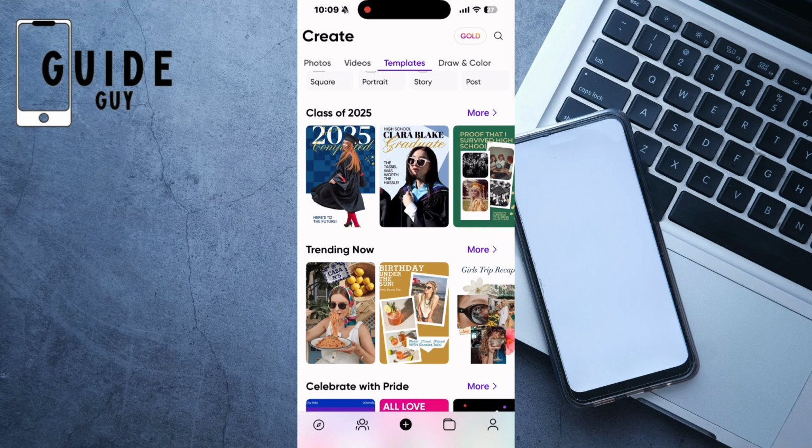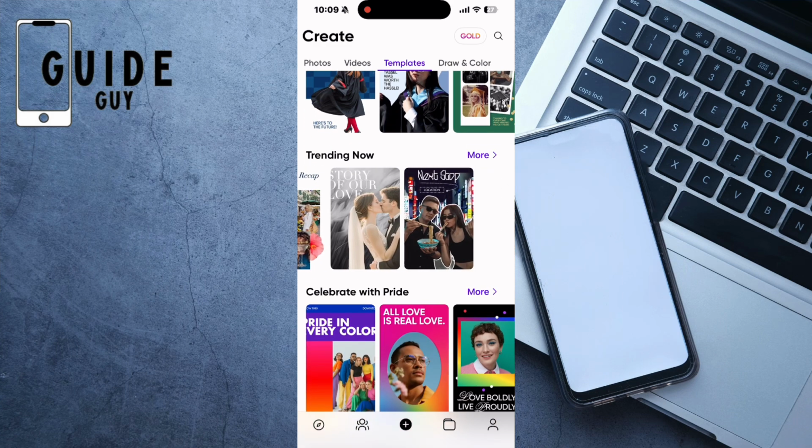And also, you can use this ready template and customize it for your Instagram, YouTube, and